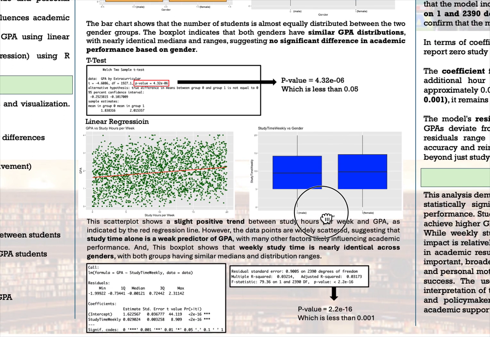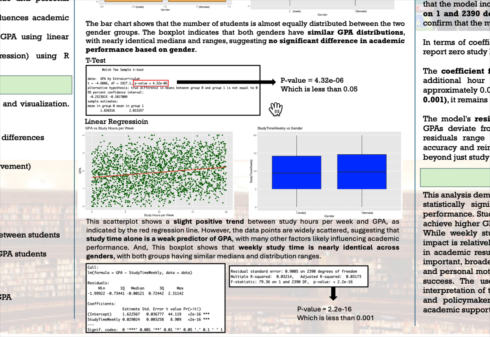Alright, then we go to the t-test. When I run the R programming, the p-value is 4.32 times 10 to the minus 6, which is less than 0.05. And then for linear regression,